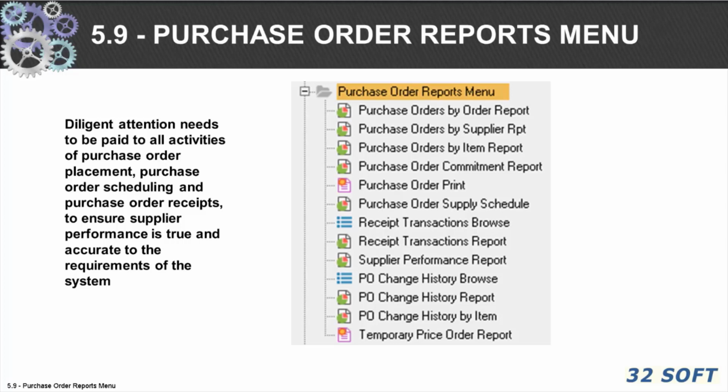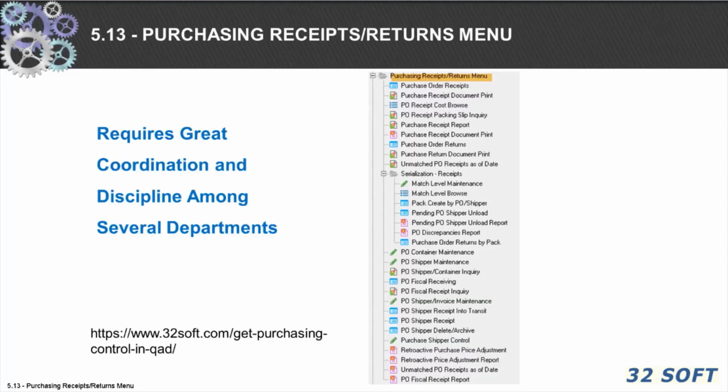Diligent attention needs to be made to all the activities of purchase order placement, purchase order scheduling, and purchase order receipts to ensure supplier performance is true and accurate to the requirements of the system. Purchase order receipts, and if required, purchase order returns, play an active role in supplier performance. We have covered these in previous webinars, and these require great coordination and discipline among several departments.